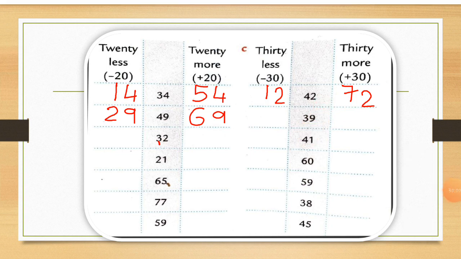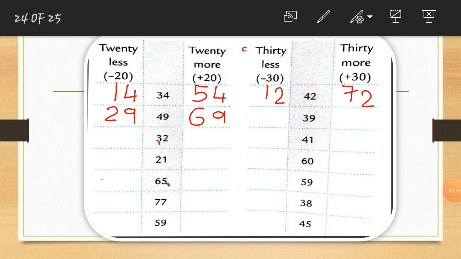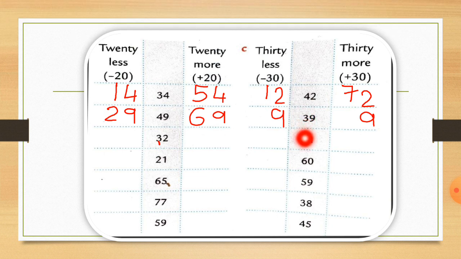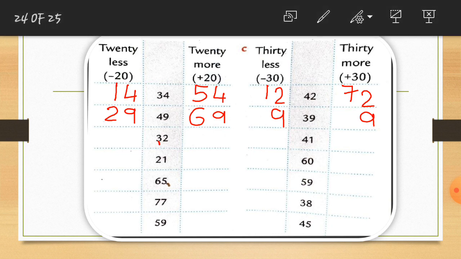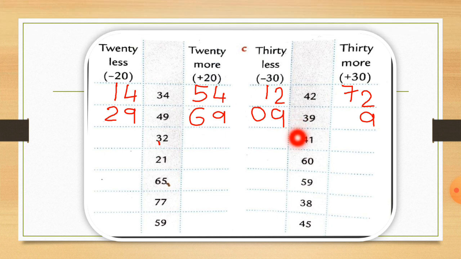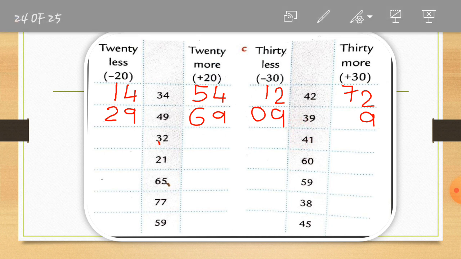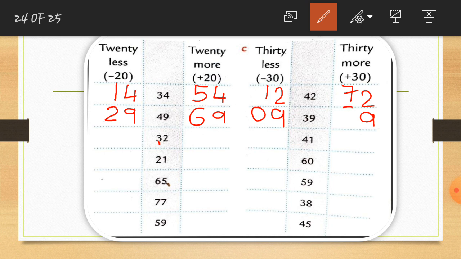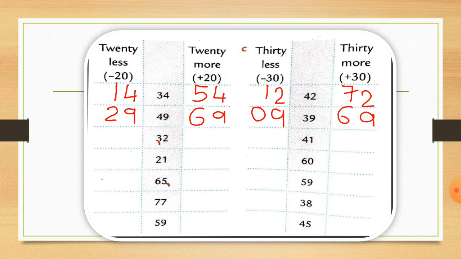Here is the 39. So write down the ones value as it is first. So I write a 9 number as it is both the sides. Now here is the 3 number. So we have to cut a 3 number from the 3. So 3 minus 3 is equal to 0. So I write a 0 here. So we will get the answer 0. And here we have to add the 3 number into this. So 3 plus 3 is equal to 6. So I write a 6 number here.